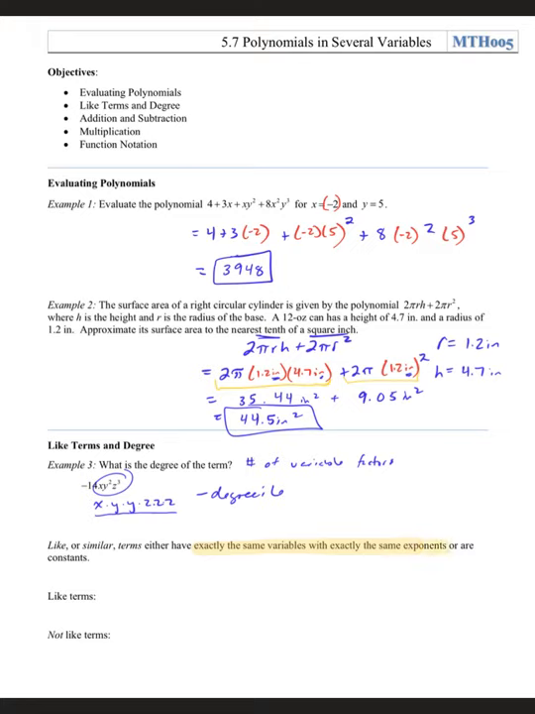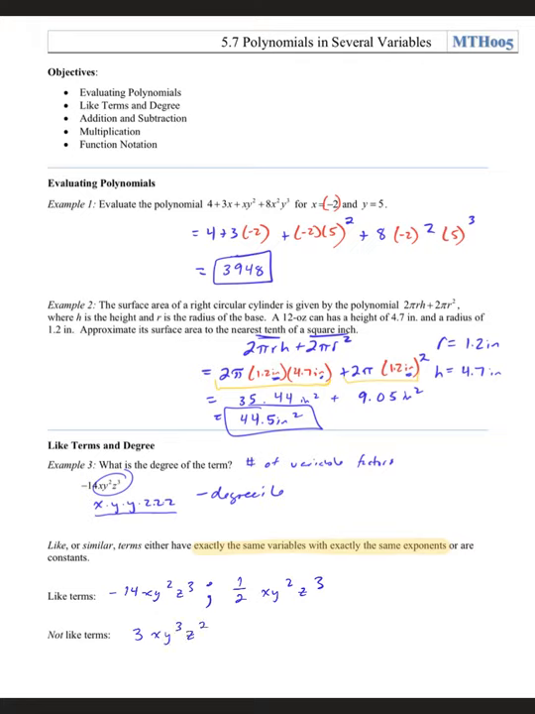So what this means, like terms, if we go up to this one that we have above, this negative 14xy squared z cubed, a like term to that would be something that has x, y squared, z cubed. So you could have, we'll say, 1/2 xy squared z cubed. That would be a like term. Something that would not be like is if you had, we'll just say, 3xy